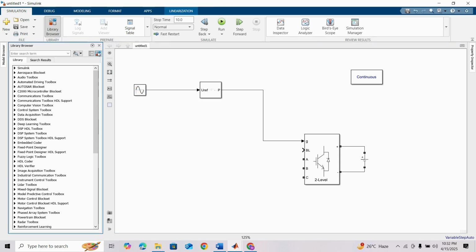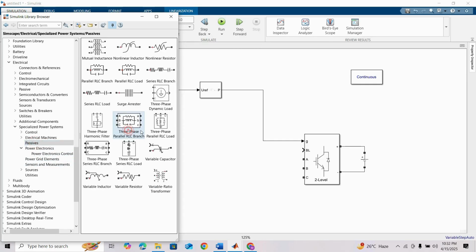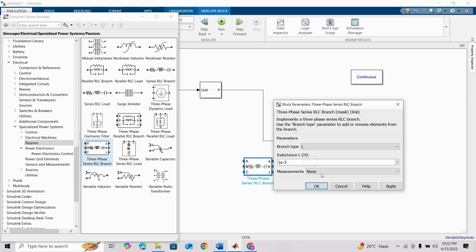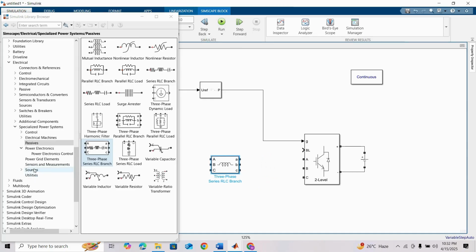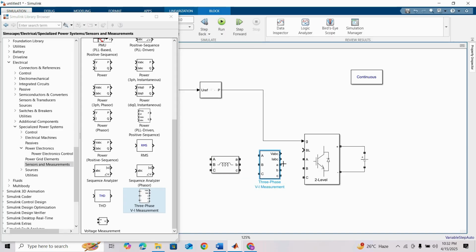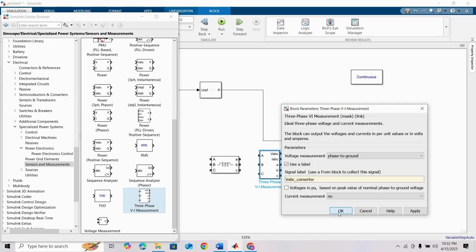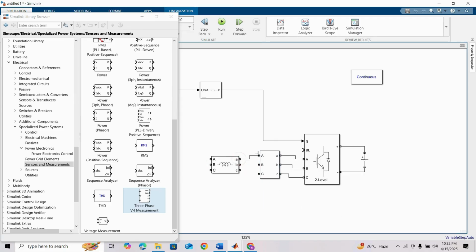Okay, and we need some RLC branches, and this is present under Passive: the three-phase series RLC branch. Basically I need that. Here I want a filter, and the inductance value like 10e-3. Before connecting the branch here, I need to measure the voltage output of the converter, so this is the VI measurement block. I am connecting this to the output of the converter block, and I'm taking the signal level like converter. And current measurement, no. Okay, done. Now connect this,